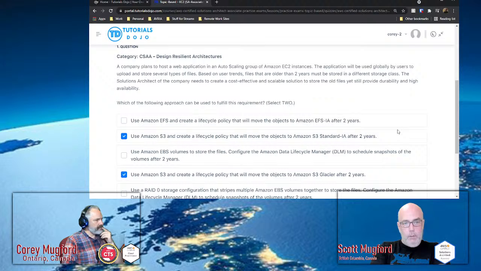It says the same thing after 2 years, and so it can't be both. Yeah, that's true. But high availability, right? Well, high availability would mean the infrequent access and not the Glacier. Yeah, I believe.